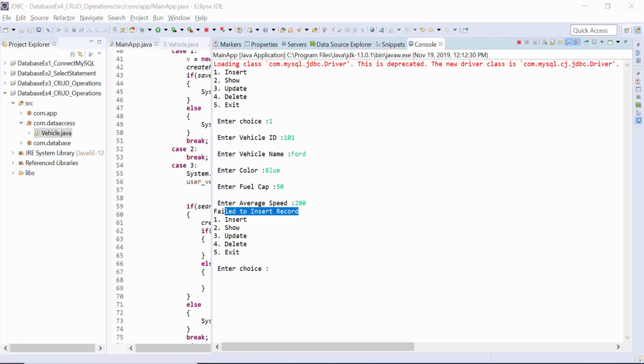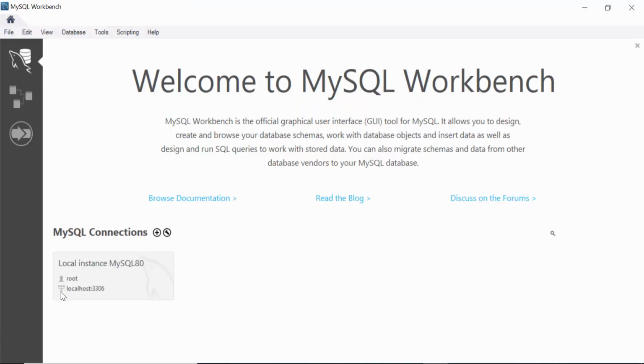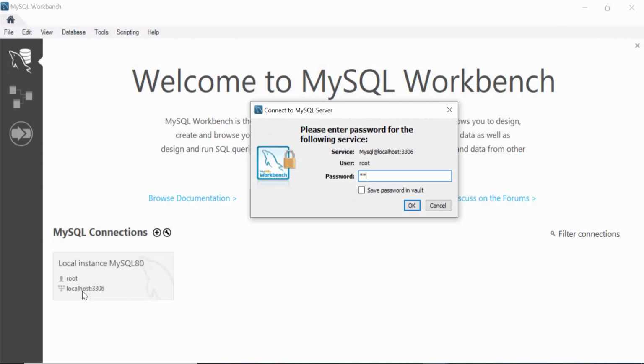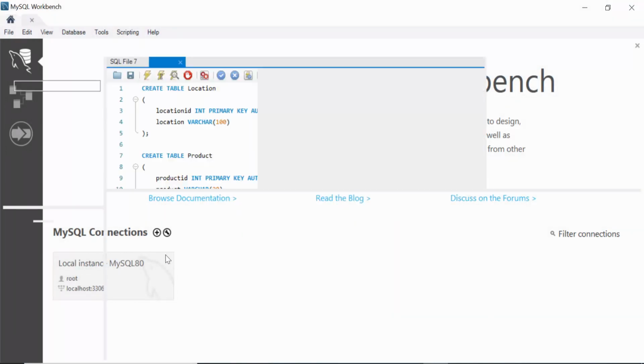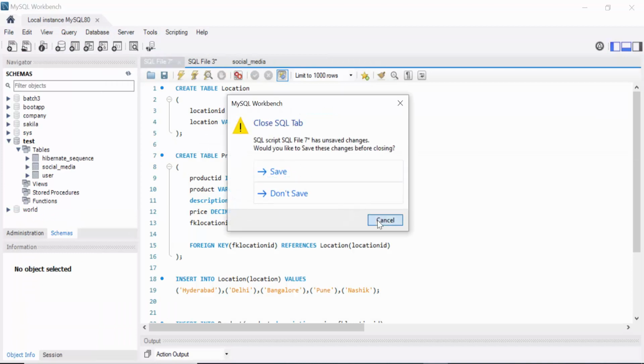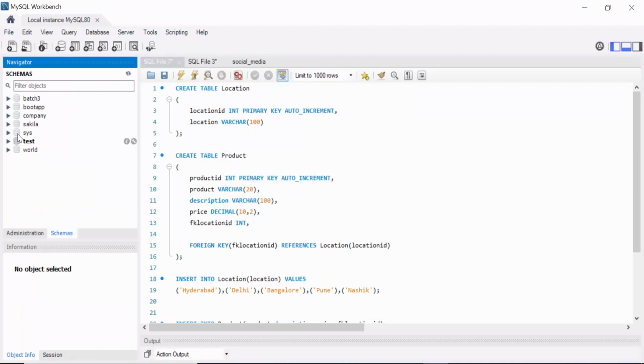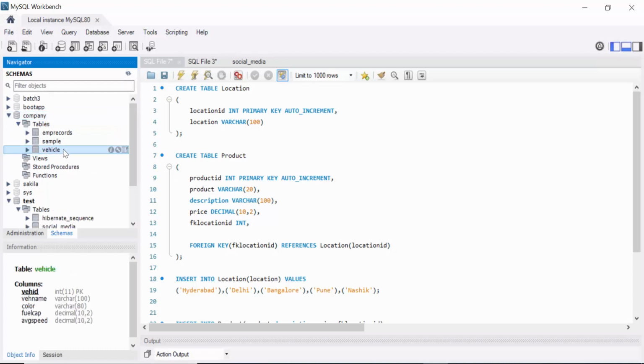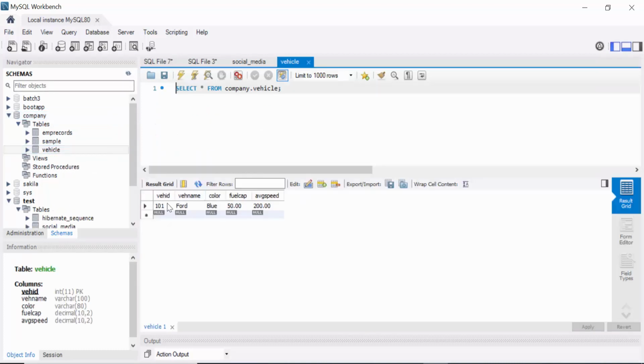Record inserted successfully, but the thing is, when we insert a record, the JDBC API returns false. Okay, so here we need to check in the company tables, and we have some tables. Just refresh that and see the details in vehicle. The vehicle is inserted successfully.